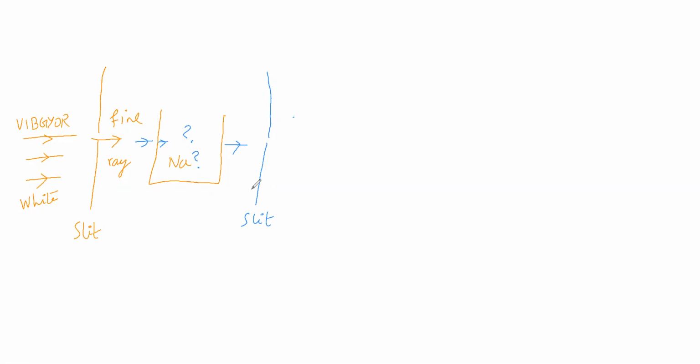Now, here we have to keep a slit. How should this slit and this slit be? A tiny hole in this slit and a tiny hole in the other should be exactly parallel, like this. Then any radiation coming out from this sodium comes out like this.